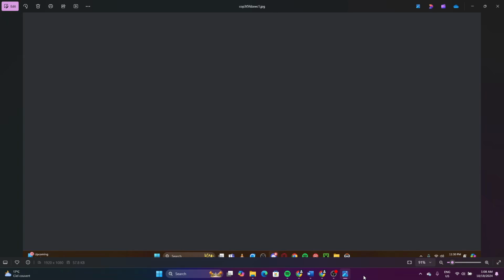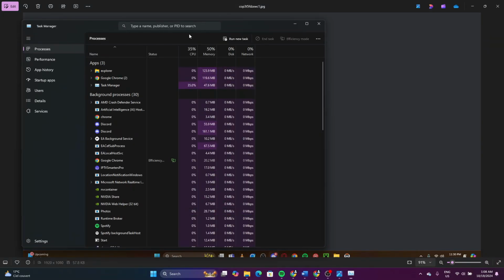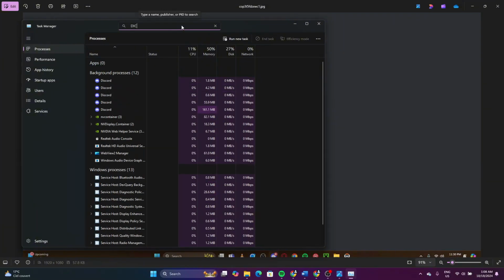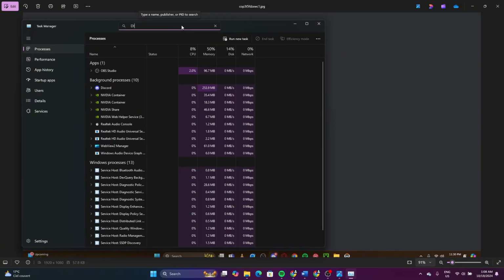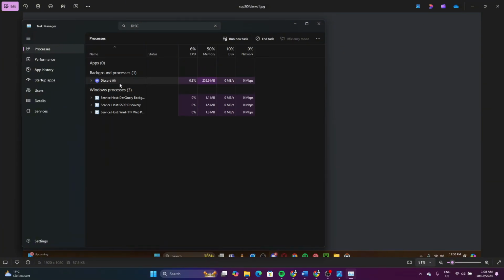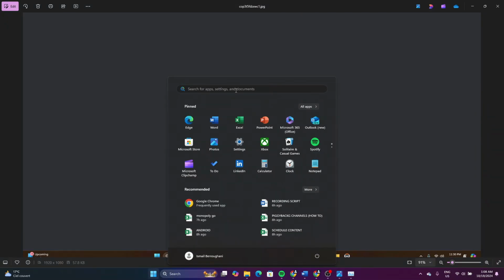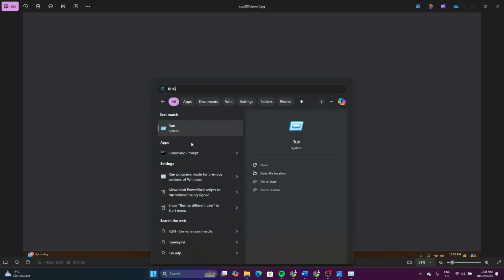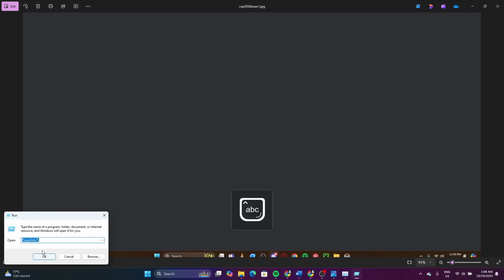Now the second solution is, first of all, go to Task Manager and type Discord like this, Discord, and try to end the task. After that, click on the start on your Windows and write run. Now open it, and after that write this command